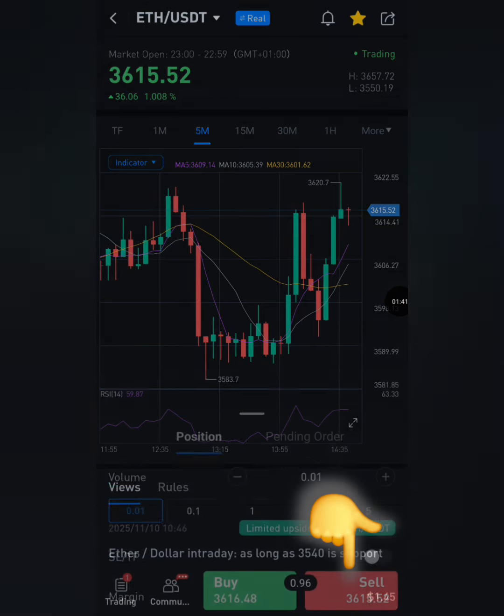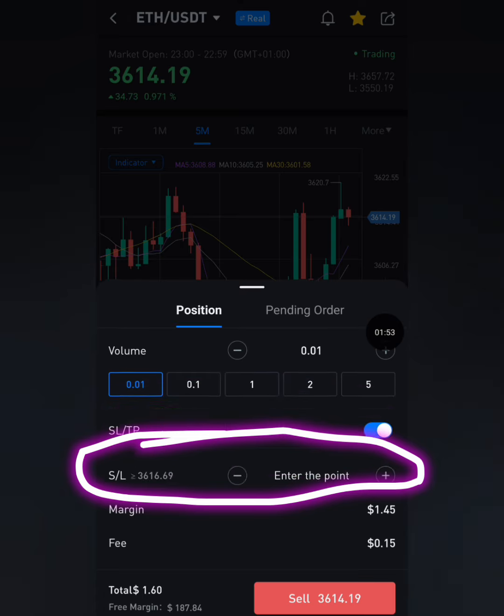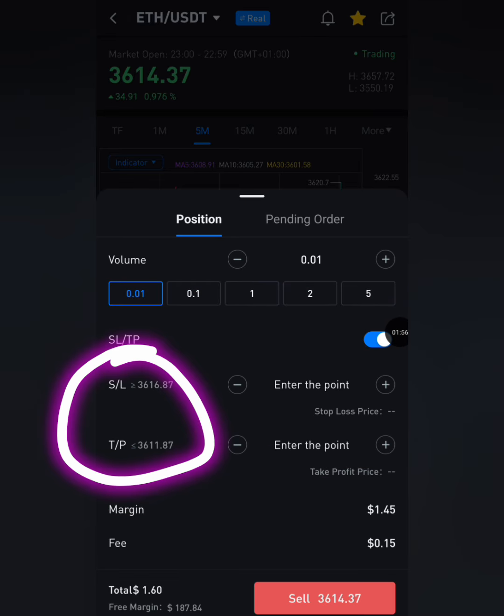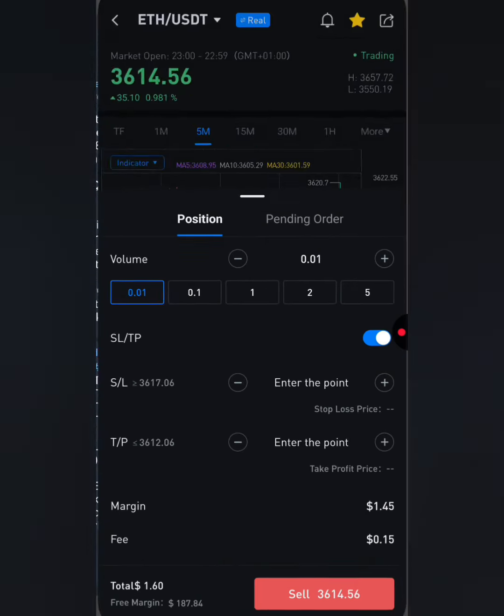Okay, so I'm just going to click on the sell button. Now I'm using a lot size of 0.01, and we're going to click right here to set our take profit and stop loss. Okay, so let's check this out. What's the stop loss? The stop loss is